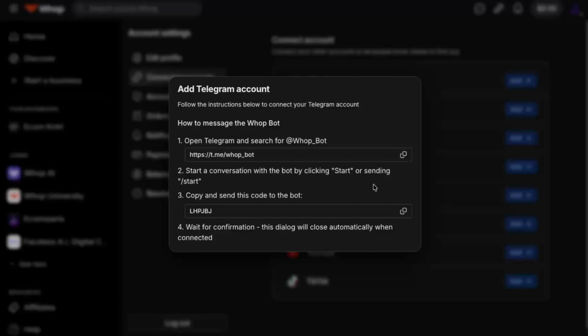After you've sent the code, simply wait a moment for confirmation. The Whop dialog in your browser will close automatically once the connection is successful. When that happens, your Telegram account